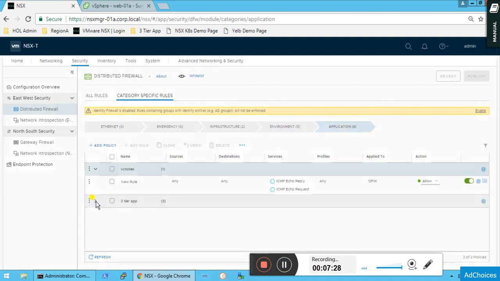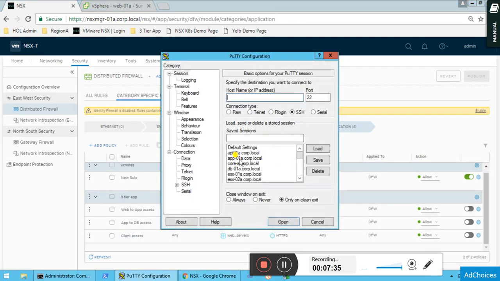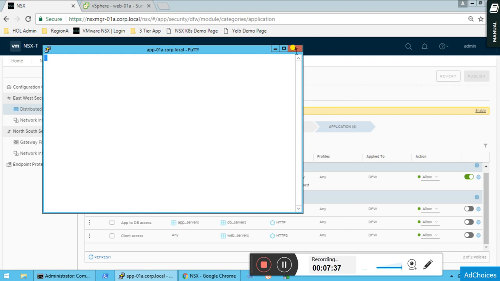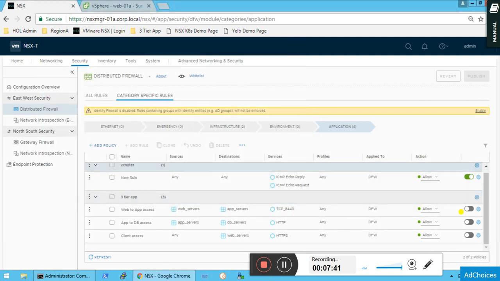Okay, let's dig in a bit more. I'll create a rule for this putty. Let's create here.